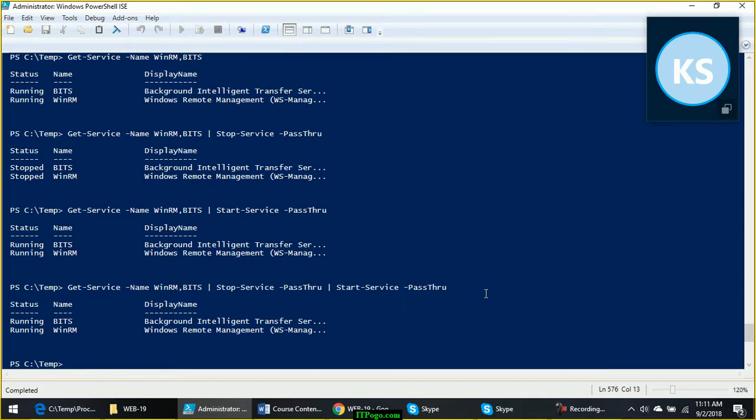Okay, why this is not happening, what you are saying, you need to understand. The stop service commandlet, though it is allowing the output to flow in the pipeline using pass through, the output is not displayed on screen because it is consumed by this command as input. This command is eating that output. Then only this command is getting input, right?